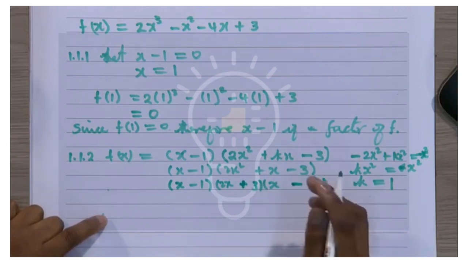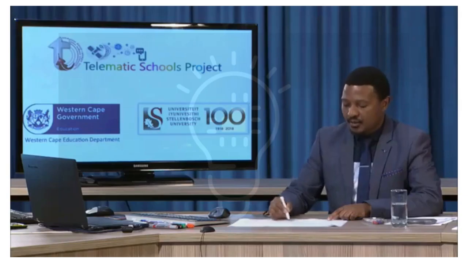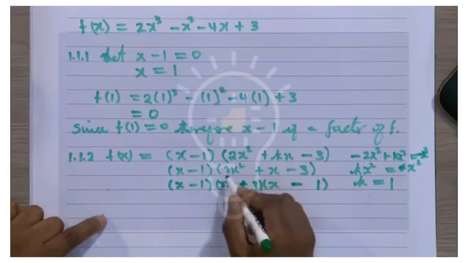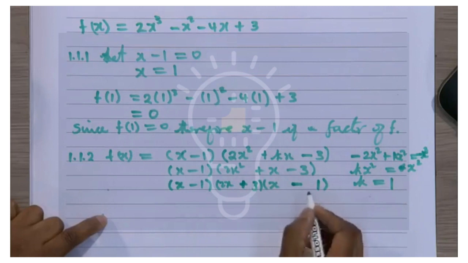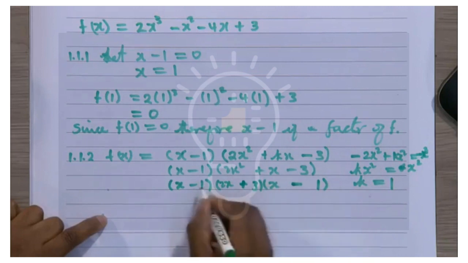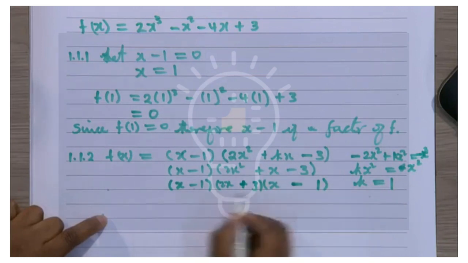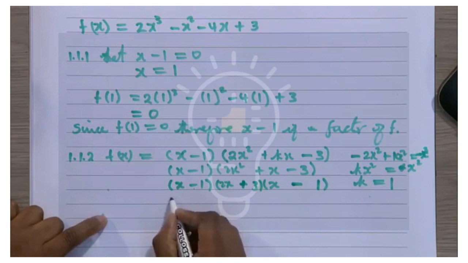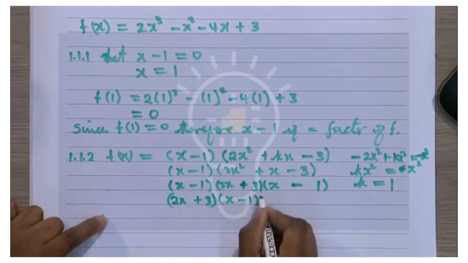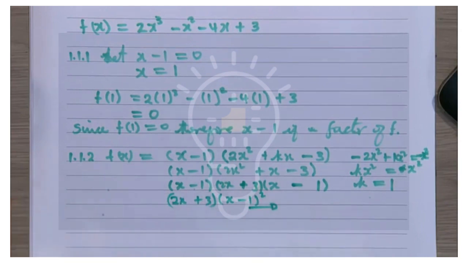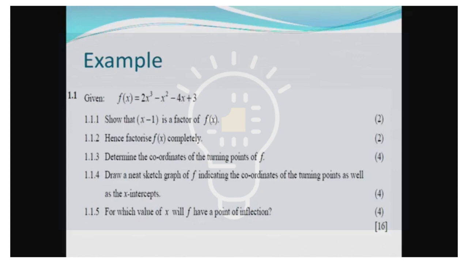I believe that you don't struggle to factorize the quadratic polynomial, because that is something that you've started to do since grade 9. So once we get to this point, you can see these two are identical. You can simplify them or write them nicely as follows: 2x plus 3 into x minus 1 all squared. Once you have done that, you have fully factorized f. Now, the next question,